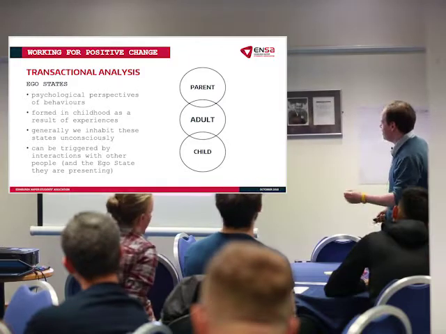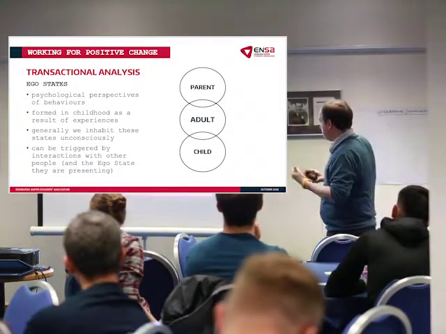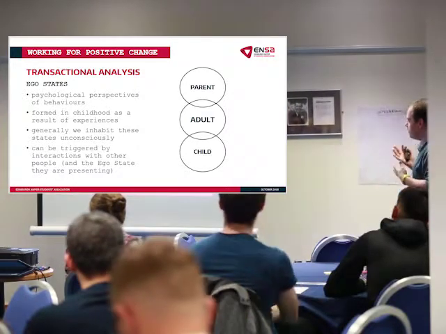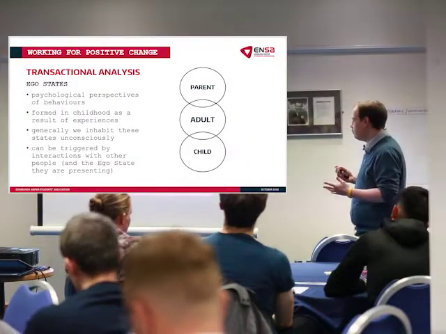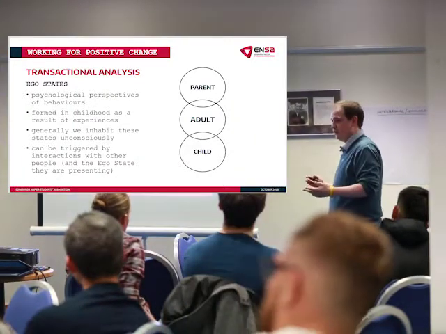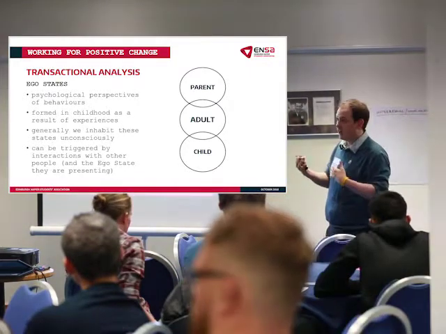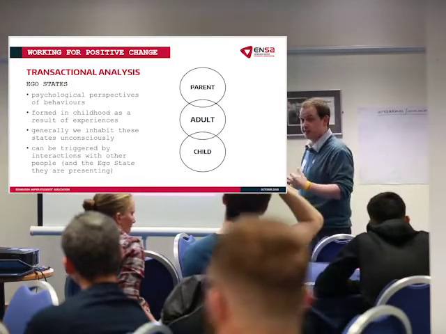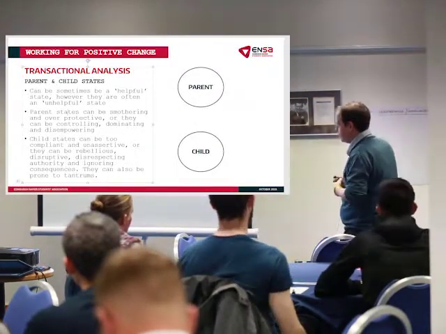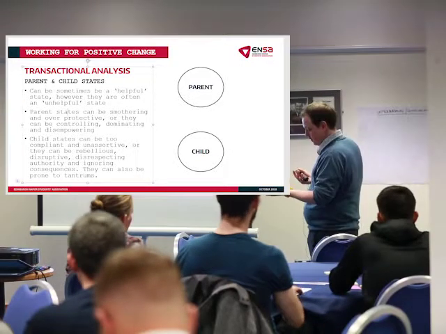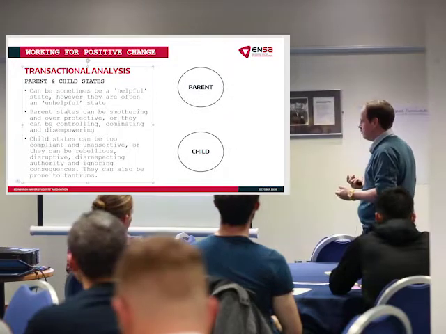So to tell you a little bit about them, he calls them the parent state, the adult state, and the child state. The parent and child states can sometimes be helpful, but more often than not, they're actually unhelpful in a situation. They don't really get the best solution out of it, and they don't create a sort of two-way understanding and dialogue. So what he refers to as parent states are generally things that people have picked up from their parents when they were wee, how they think parents should act.